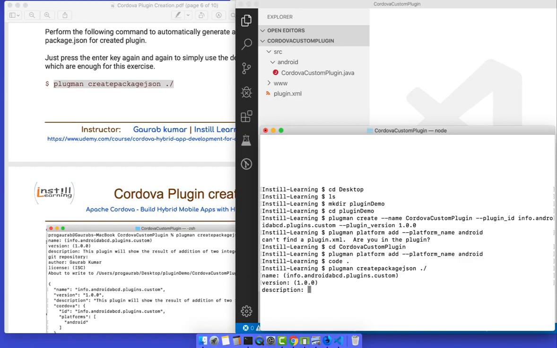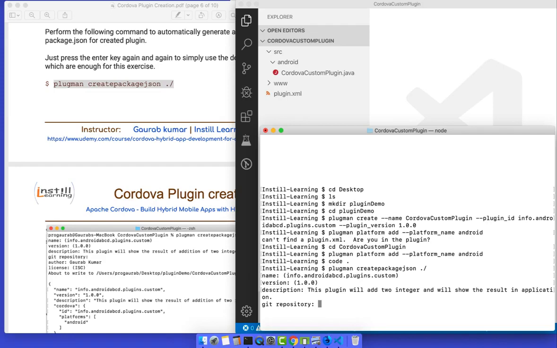I'll write: this plugin will add 2 integers and will show the result in the application. This description it will take automatically.